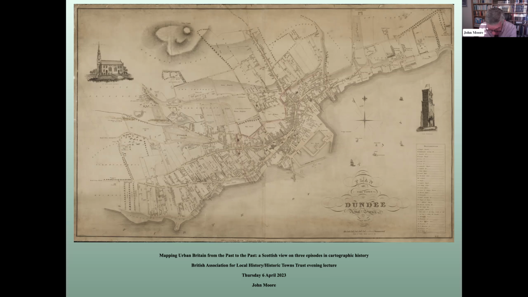I want to start by looking at the work of John Wood, an Edinburgh-based 19th century cartographer whose plans of Scottish towns date from 1818 to 44. Although described as an undervalued cartographer, he stands out as being seen undoubtedly as the most prolific urban cartographer working in Scotland in the early decades of the 1800s.